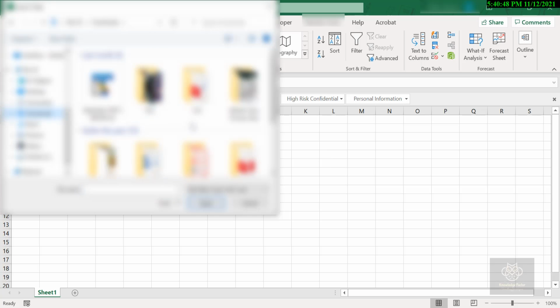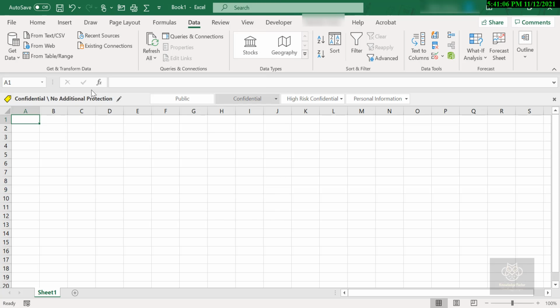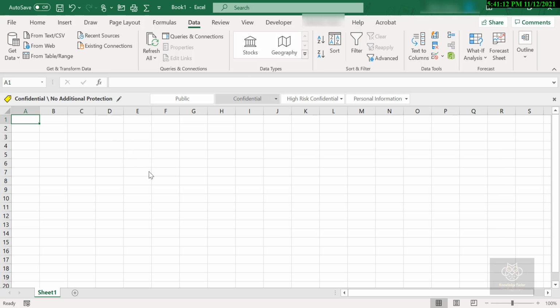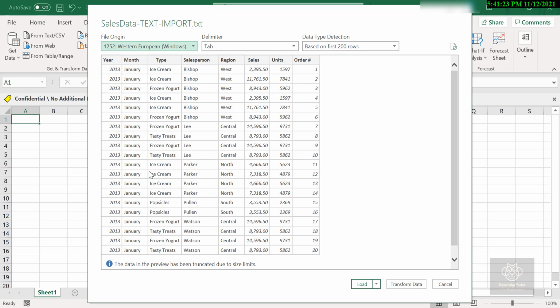Let's find it. So you're going to navigate to wherever you located or downloaded those files to. Mine says data text import. I'll double click. So just the import, let's give it a moment, and this is going to open up my import wizard. Now, like I mentioned, if you are working on a much earlier version of Excel, your beginning step here is going to be a bit different. They take you through what's called the text import, and I'll show you where that is located. And there's another video where I actually walk through the entire steps for the earlier version of Excel.